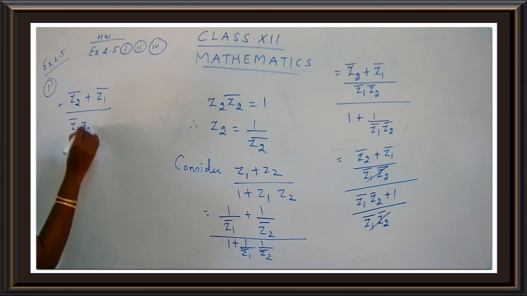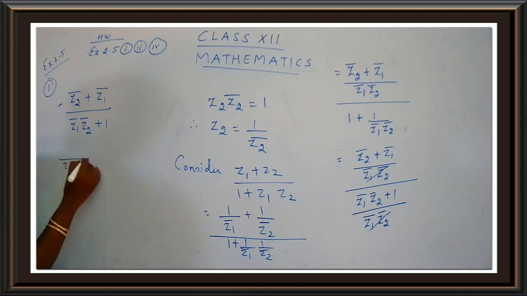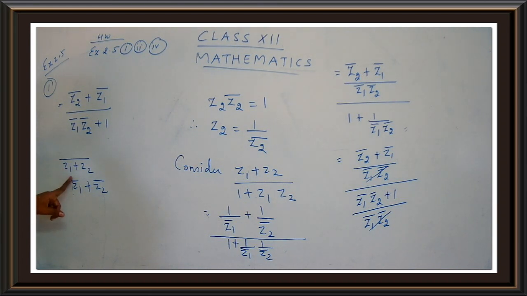Yes. So now what we are going to do is give a common bar. We have studied the conjugate of the complex number z1 plus z2. It can be written as z1 conjugate plus z2 conjugate. This we have seen in our previous exercises, children. The conjugate of z1 plus z2 can be written as conjugate of z1 plus conjugate of z2. So here it is separated. I am going to write them together.